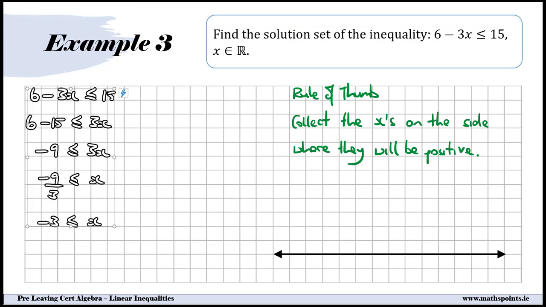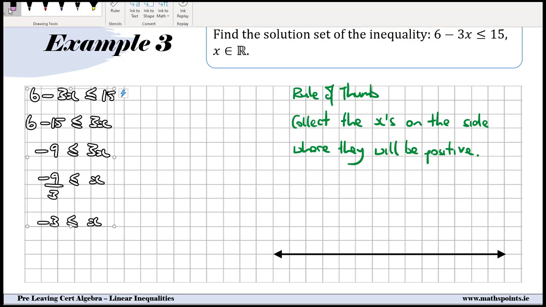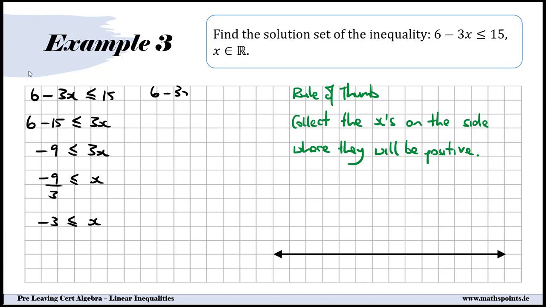Okay, so we're going to do the same sum again, just beside it. So let's have a look. Let's write it down again: 6 minus 3x less than or equal to 15. Now, this time I will keep the x's on the left-hand side, as we would normally do with an equation. So I'm going to keep minus 3x on the left-hand side, and then 15 is the number on the right-hand